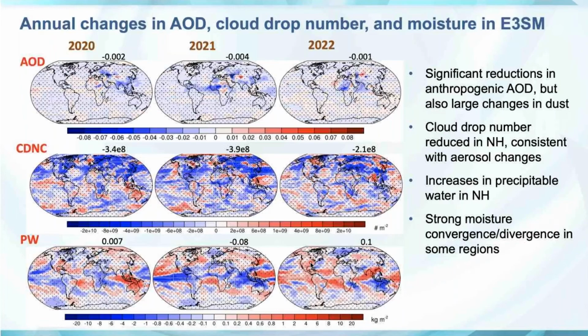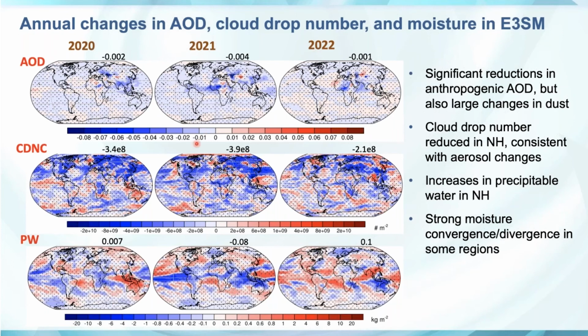And so, to dive more into the E3SM model, we do see different annual changes in AOD, cloud drop number, and also moisture convergence in different years. Look at the top panels, AOD in different years from 2020 to 2022, and cloud drop number in the middle, and precipitable water at the bottom. There are significant changes in the anthropogenic AOD, and also those red spots showing changes mostly in natural aerosol,